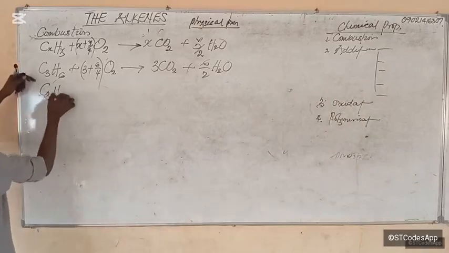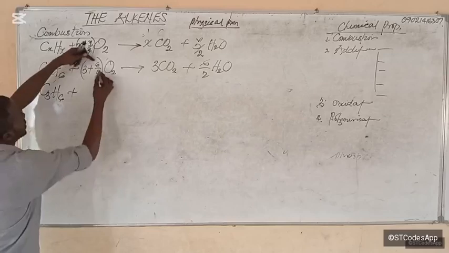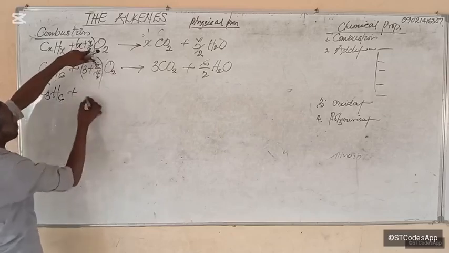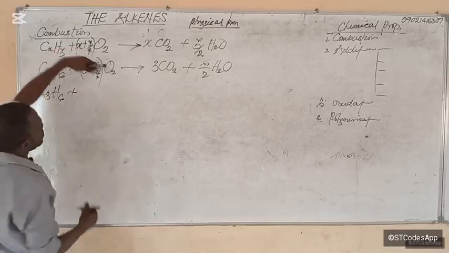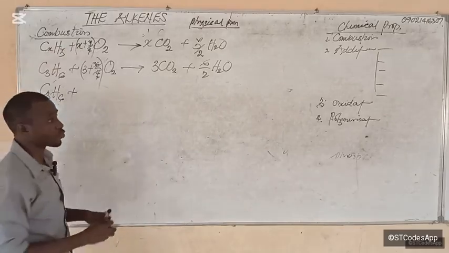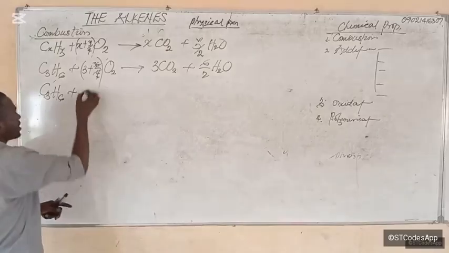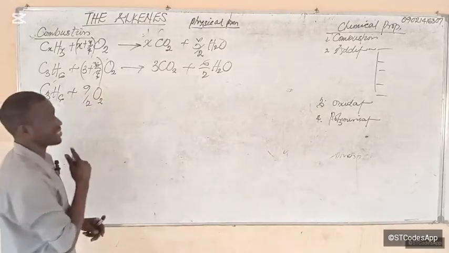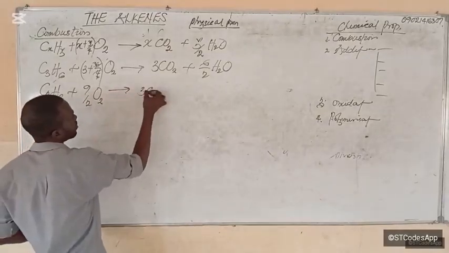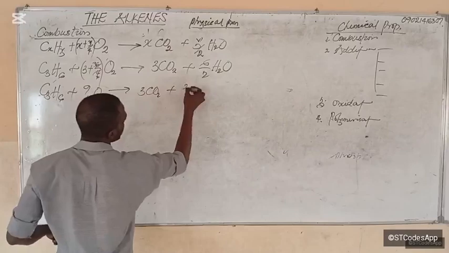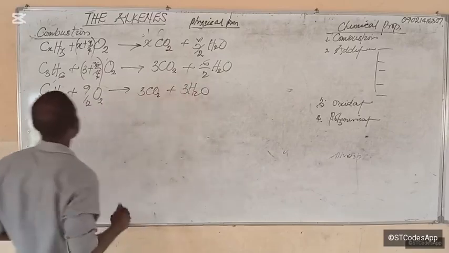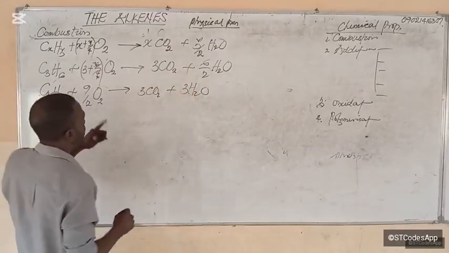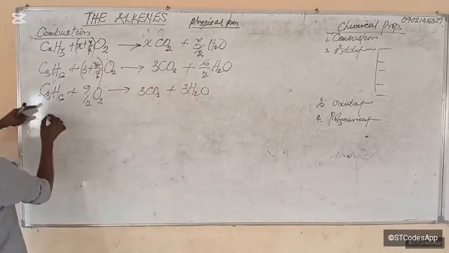So we have C3H6 plus, now 2 here to 2 here 3, so we have 3 plus 3 over 2, that's 3 plus 1.5, that will be 4.5. That is 9 over 2 O2. I hope you understand what I did there. All right. And we have 3 CO2 plus 3 H2O. Now what we'll now do is multiply through by 2. Okay? So multiply through by 2, we'll have